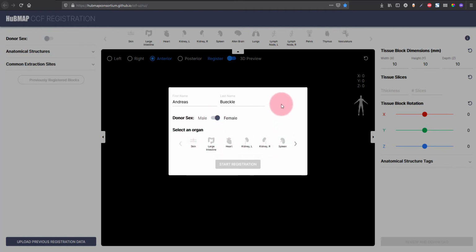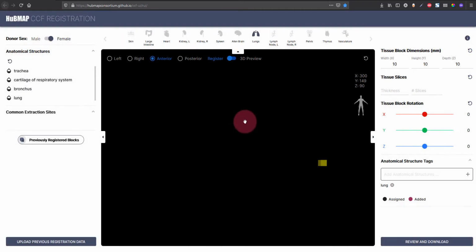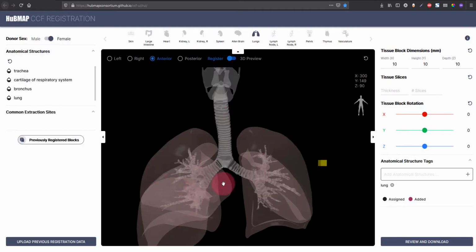We are now supporting 11 organs in the RUI. You can see all of those listed here, so you can press these little arrows to get through the carousel here. And for this case, let's just go ahead and use the lungs. We click the lung. And then you can see that we can start a registration. This button then becomes blue, so I click, and then the scene is being set up for me.